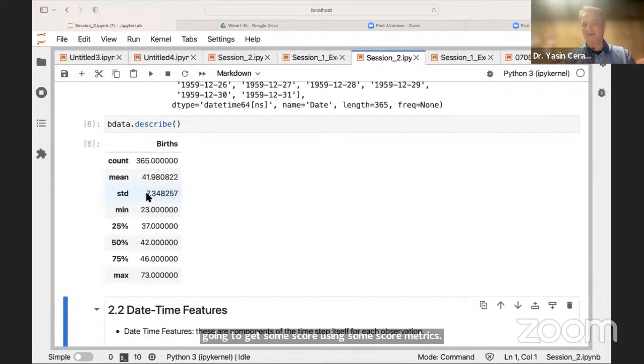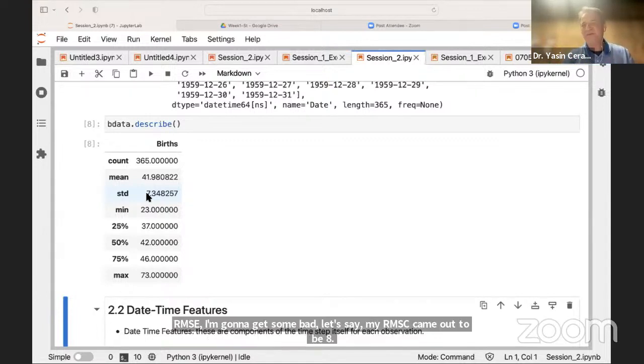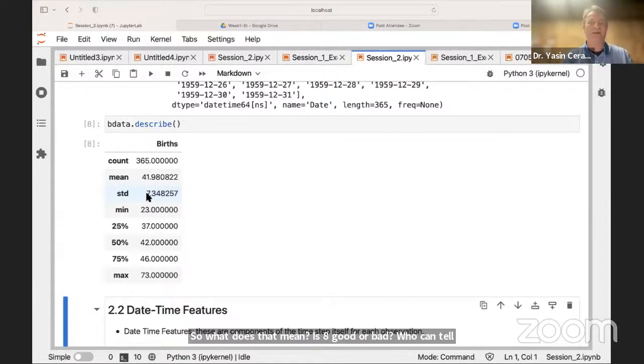I'm going to get some value. Let's say my RMSE came out to be 8. So what does that mean? Is 8 good or bad? Who can tell me, is 8 good or bad, right? So for that, what I can do at least is look at the